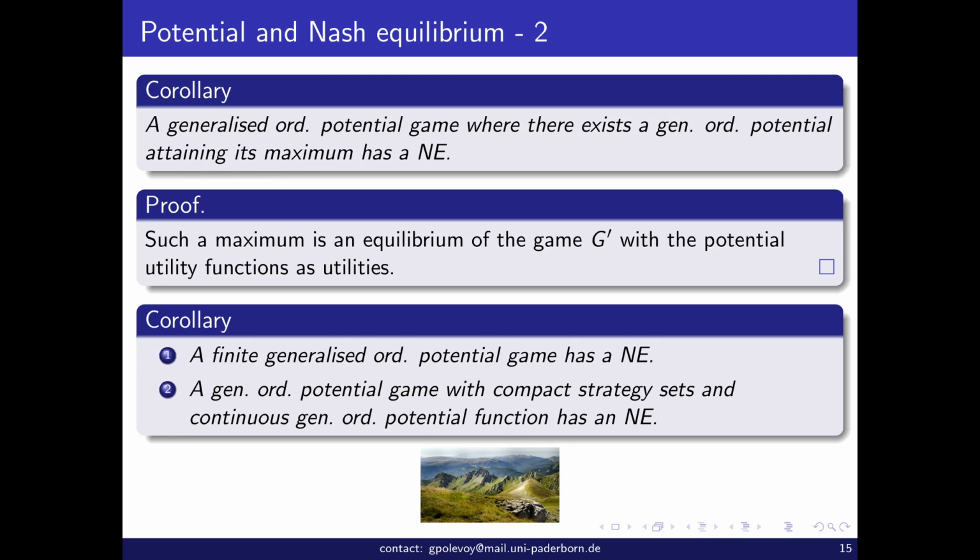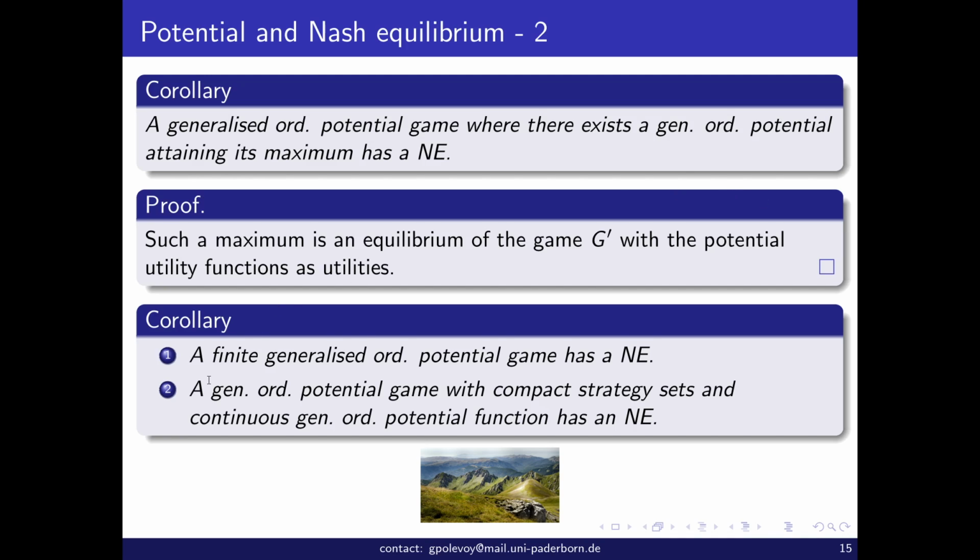Now, corollaries from the corollary. So when do we know that there exists a generalized ordinal potential which attains its maximum? For example, if the game is finite, so if the strategy sets are all finite, so in particular the set S, the Cartesian product of all strategy sets, is finite. Or